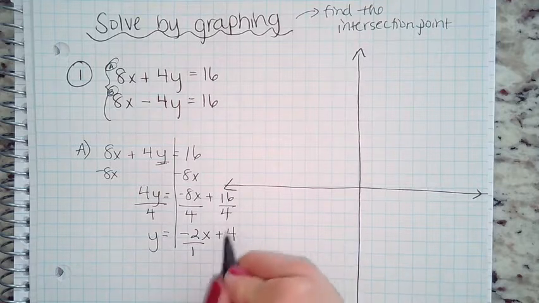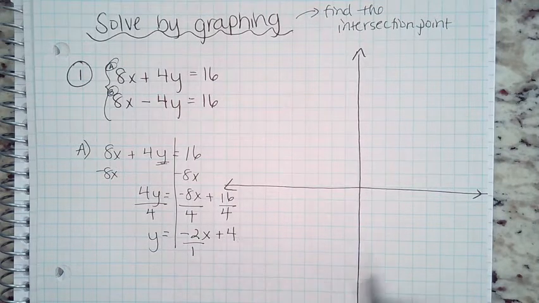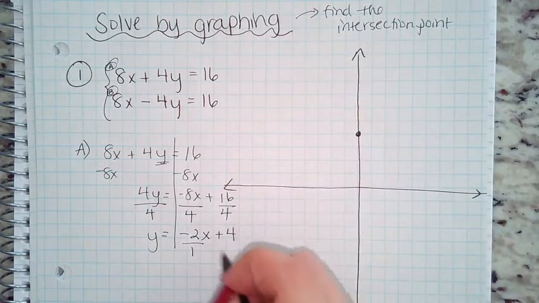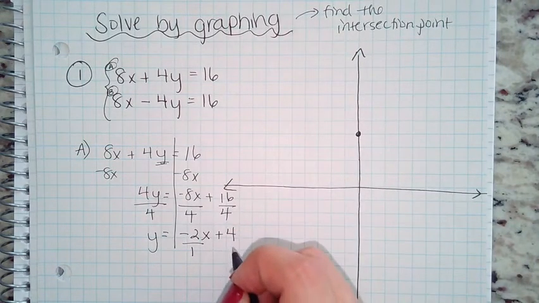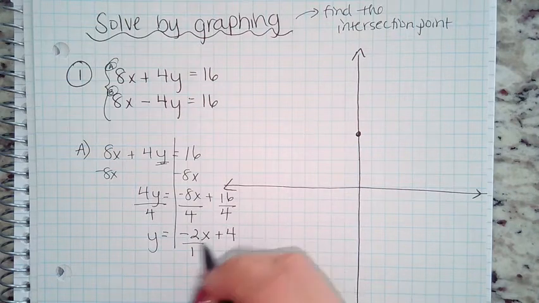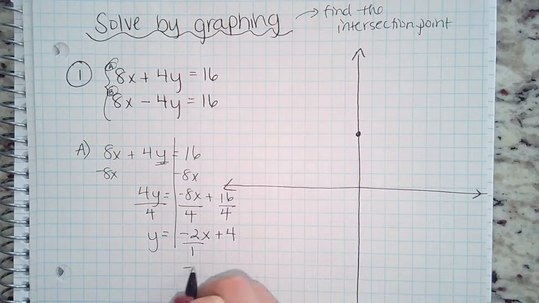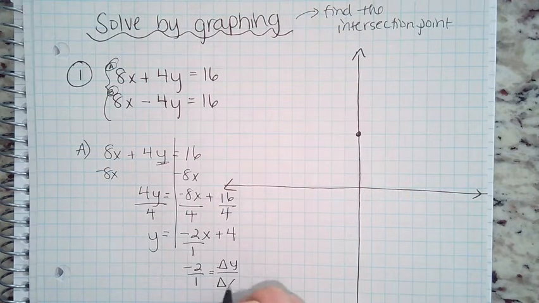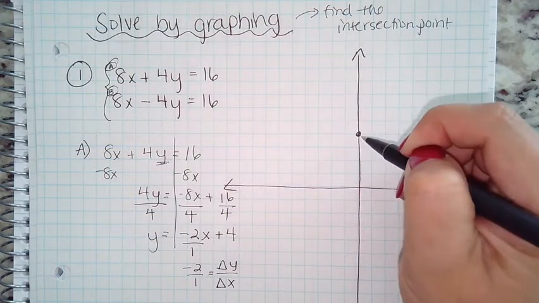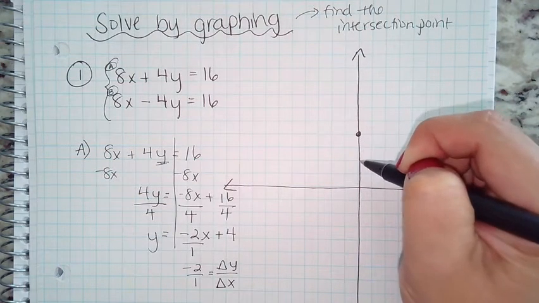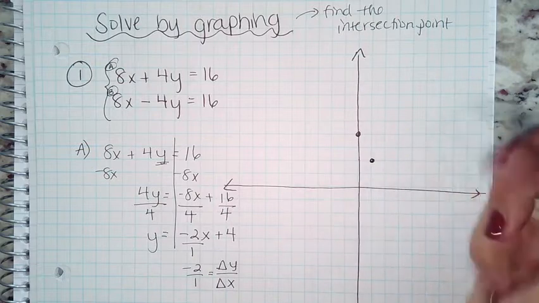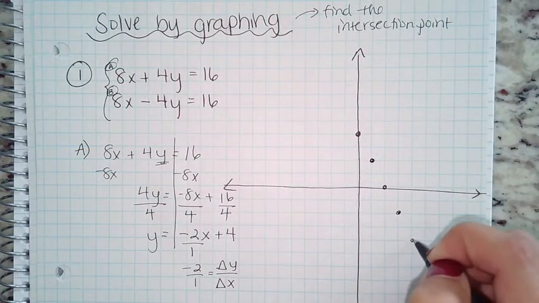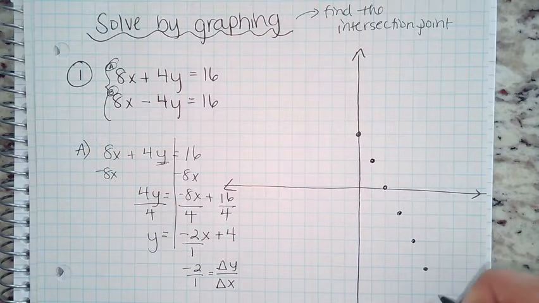So my first step is going to be to plot this point right here. So I'm going to go 1, 2, 3, 4. Right, this is the y-intercept, so I'm always looking at where it crosses the y-axis. And then I'm going to use my slope. If I have negative 2 over 1, that means that's my change in y over my change in x. So I'm going to go down 2 because it's negative, 1, 2, and I'm going to go over 1 because it's positive. And I'm going to keep doing that a little just so then I get some nice points to